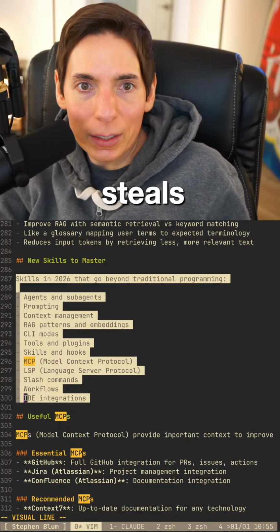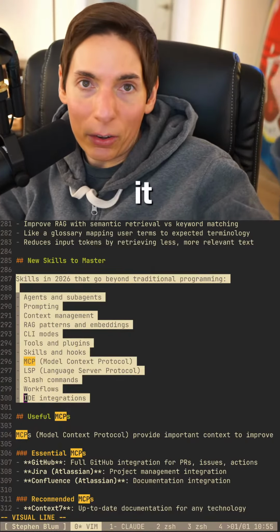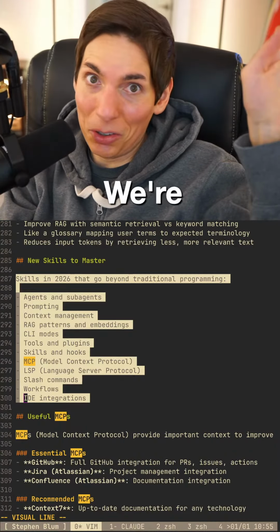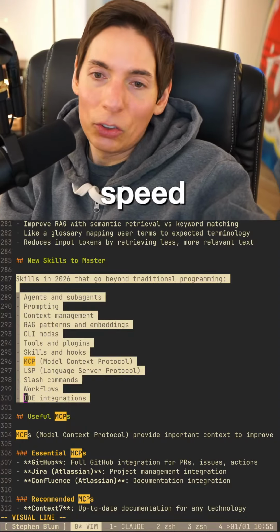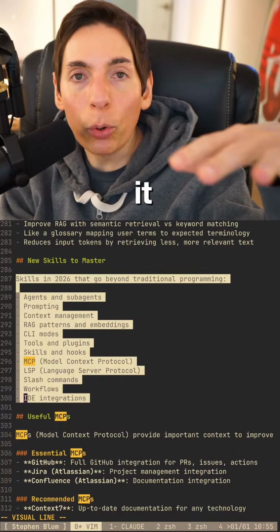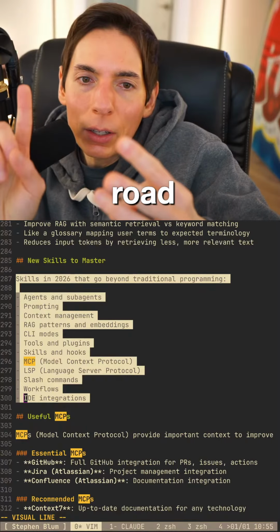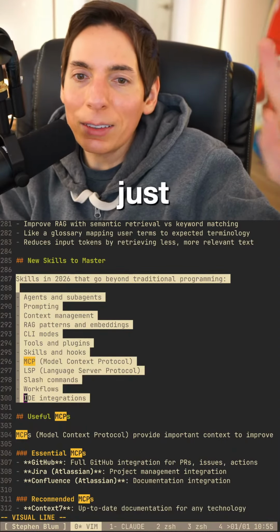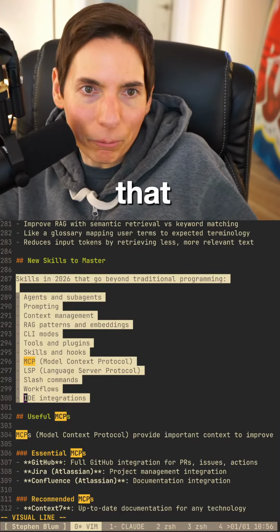What if someone steals the idea and works on it? It doesn't matter, because now there's generative coding, which we are using right now. They can steal your idea and make it at light speed, so it doesn't really matter. You have to just focus on the business part of it. The product is only 10% of the business. You need to do marketing. You need to have a roadmap. You need to have sales. It's a whole deal. So you can't think that the product itself is the whole company.